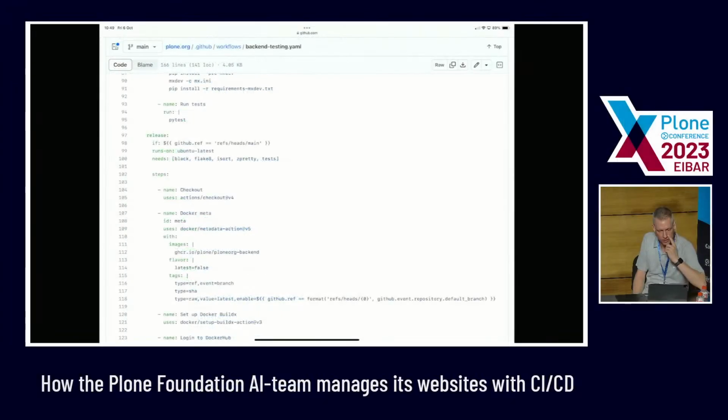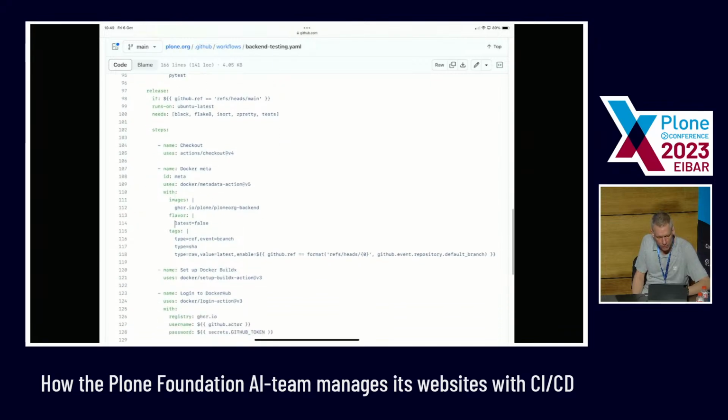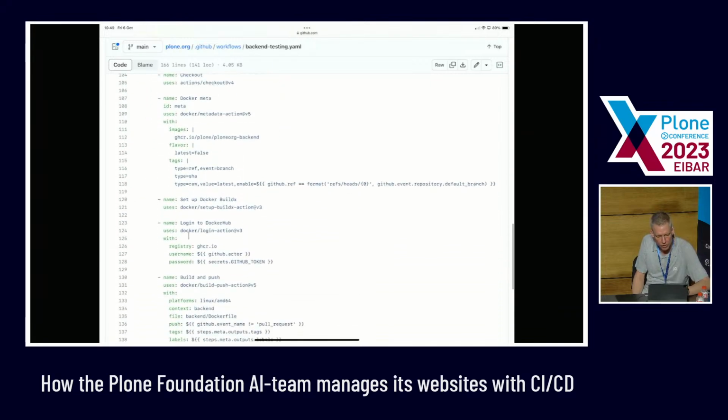In this case, we had the testing, the backend testing workflow. So we build an image with some other fancy stuff. We use Docker Meta for some labels on there. We set up Docker Buildx. It logs in. And this is also an interesting part where each of these workflows from GitHub